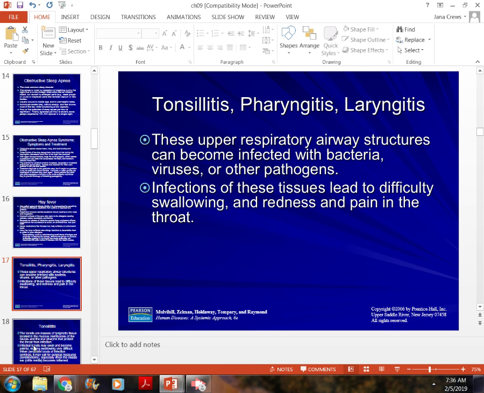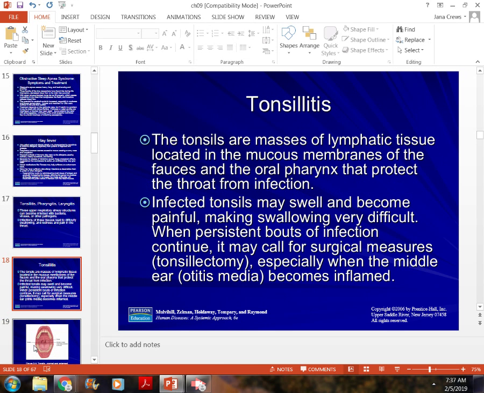With laryngitis, most often people have a loss of their vocal ability or a definite decrease in it. With pharyngitis, sometimes due to all of the drainage and the coughing, it will strain the larynx, and so your voice will change as well. Tonsillitis itself, the tonsils are the large lymph nodes in the back of the throat. You also have some under the tongue, and they're covered with a mucous membrane. They protect the oral pharynx from infection. So your tonsils are back there to catch bacteria and infection that are trying to get into the body.